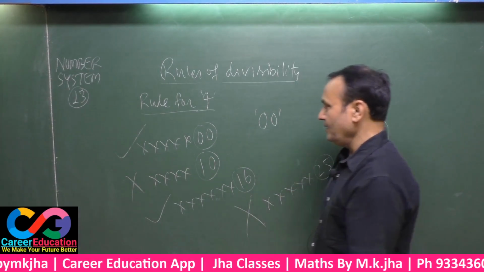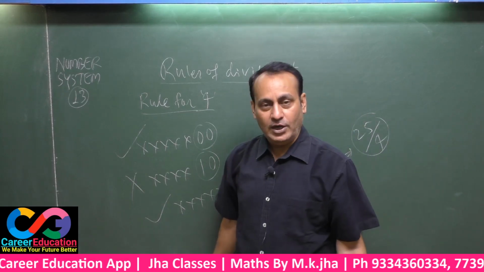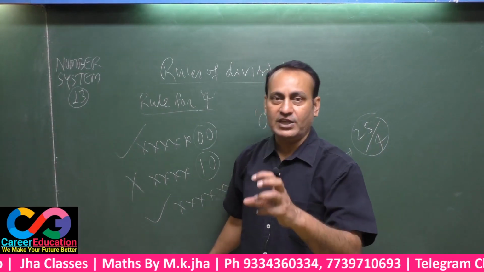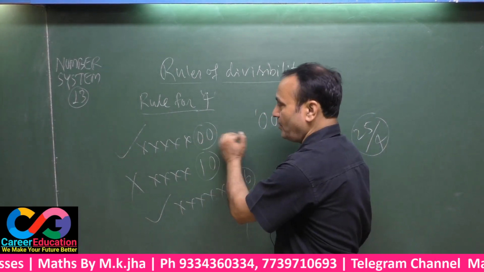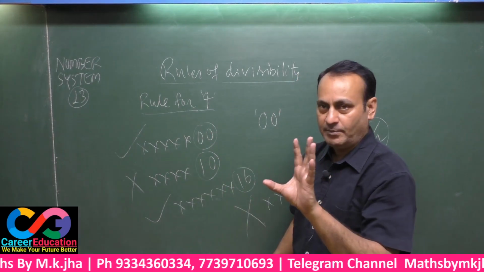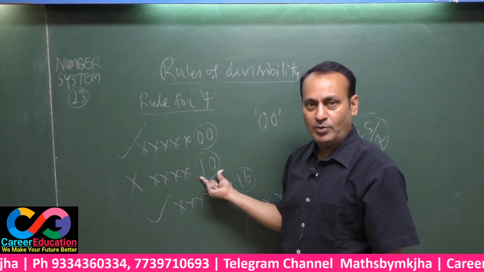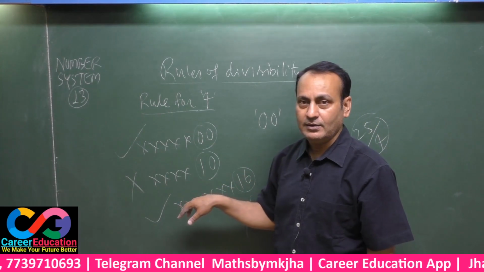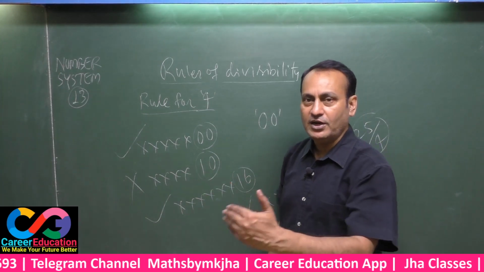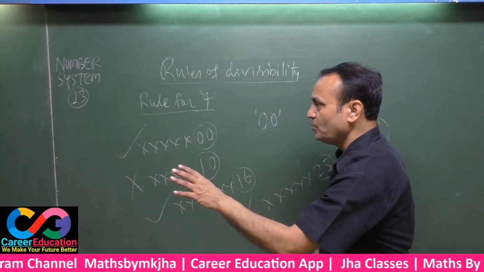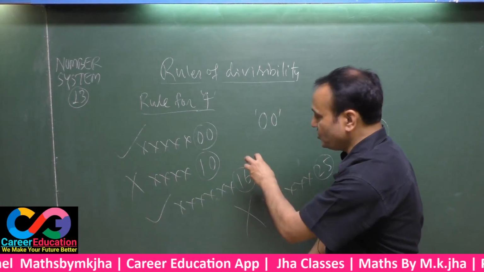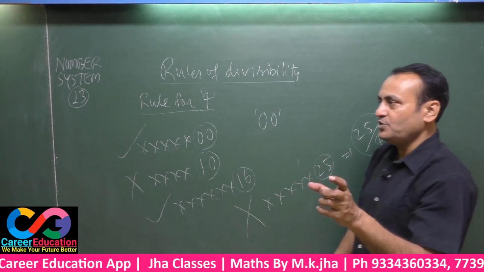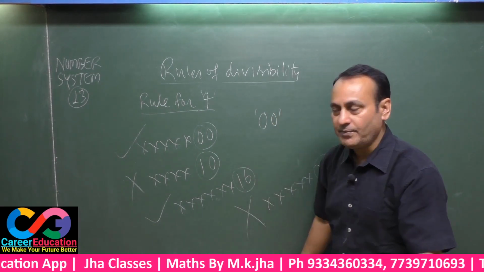Note down. In order to check whether a number is divisible by 4 or not, you have to see the unit and 10 place of the given number. If there are 2 zeros from the right, certainly the number is divisible by 4. If there is only 1 zero and something else next, that two-digit number must be divisible by 4. That means 10 is not divisible by 4, so this number can't be divided by 4. 16 is divisible by 4, that means this number is also divisible by 4. 25 is not divisible by 4, that means this number is not divisible by 4.